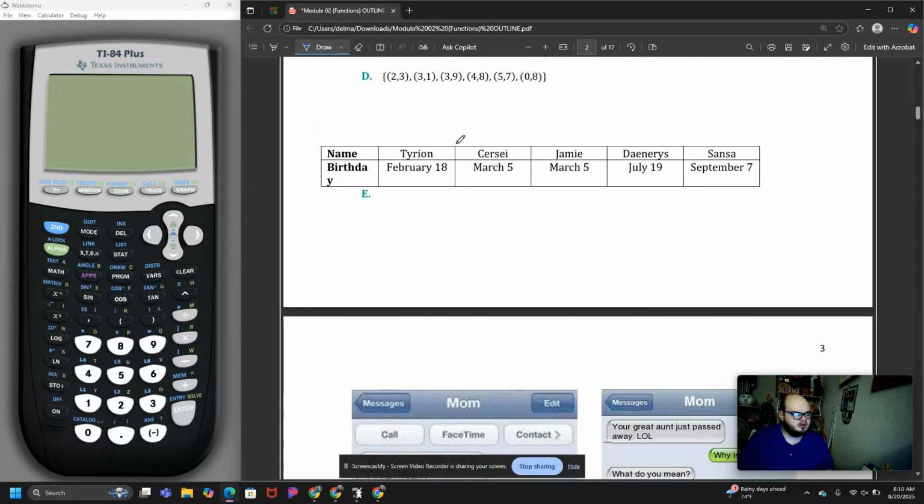Okay, let's look at an example here. So 2 goes to 3. Do I have another 2? Nope, so that one checks. 3 goes to 1, but wait a minute. I have 3 again. 3's going to 1 and 9. That's a no, because 3 can only go to one number in the y set, like I showed earlier on that graph. So this is not a function,